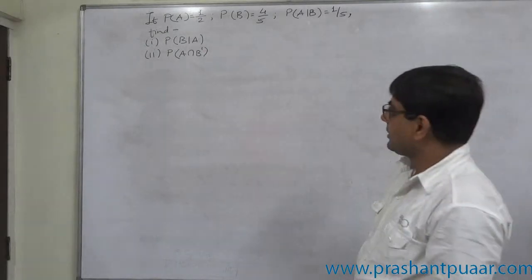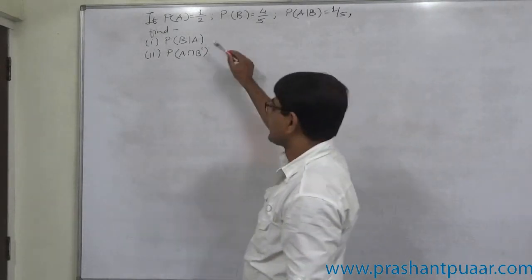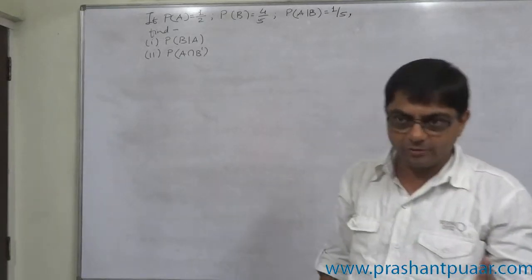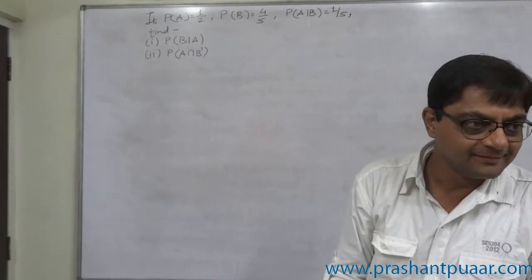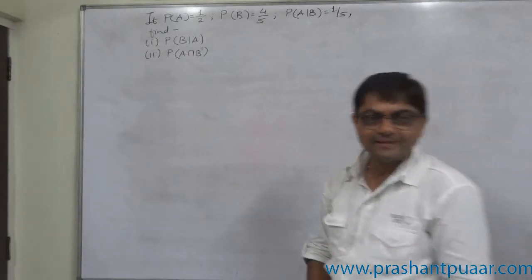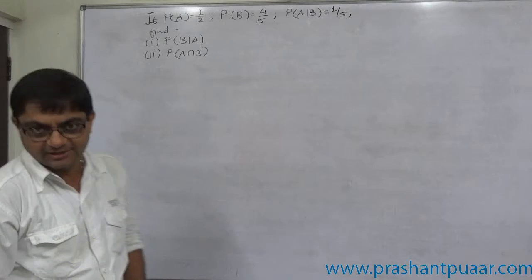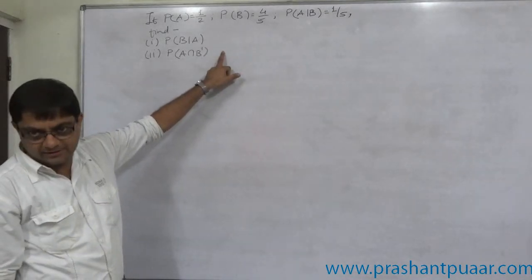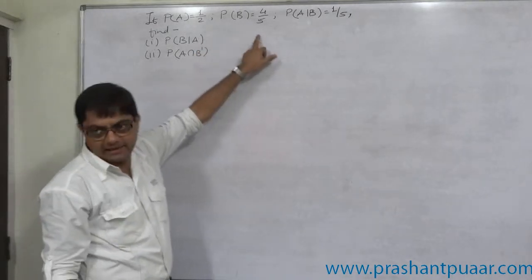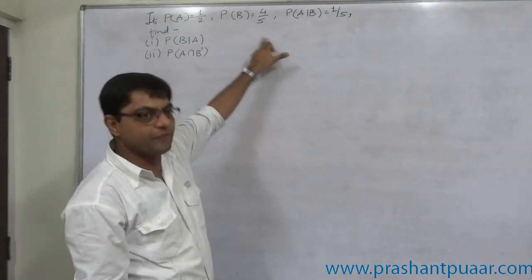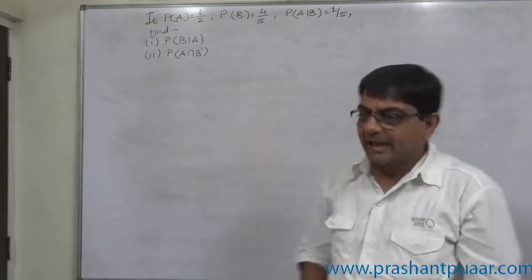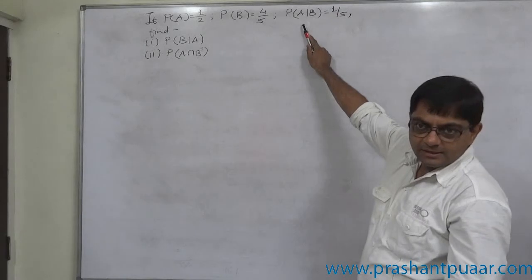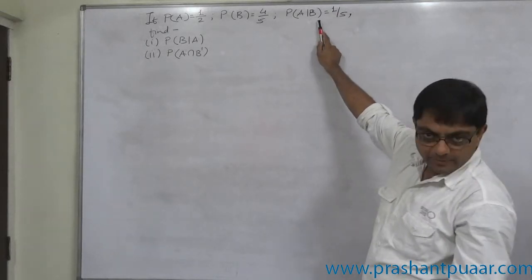Now first of all, if we want to find these two probabilities, one common thing is first we have to find out or calculate. What is it? Yes, it is P of A intersection B. To calculate both of these, we need the probability of A intersection B. That is not actually directly available from the question. So first we have to find out P of A intersection B, and for that purpose we should use the result of probability of A given B.